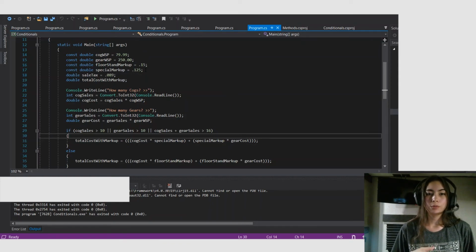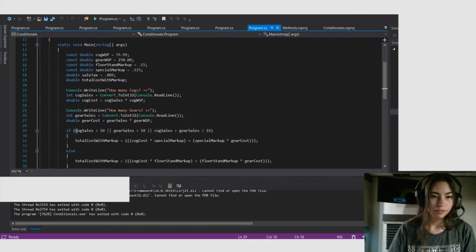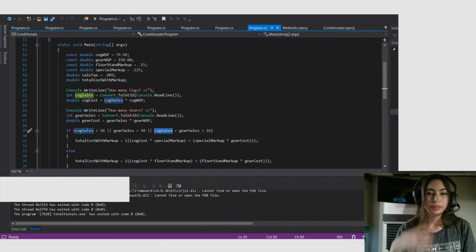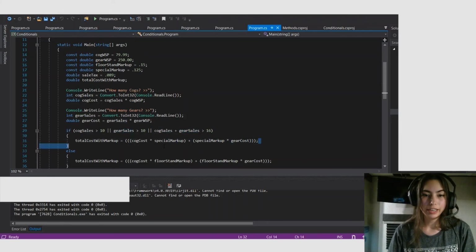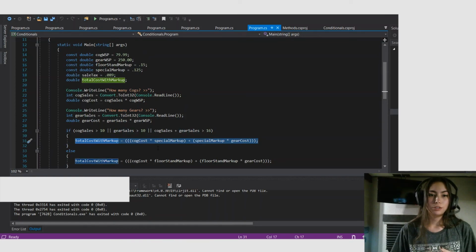And we're using special markup for basically everything, unless the user has chosen to buy more than 10 cogs or more than 10 gears or the amount of cogs plus the amount of gears, and that total is greater than 16, then I'm going to go ahead and say I want to store